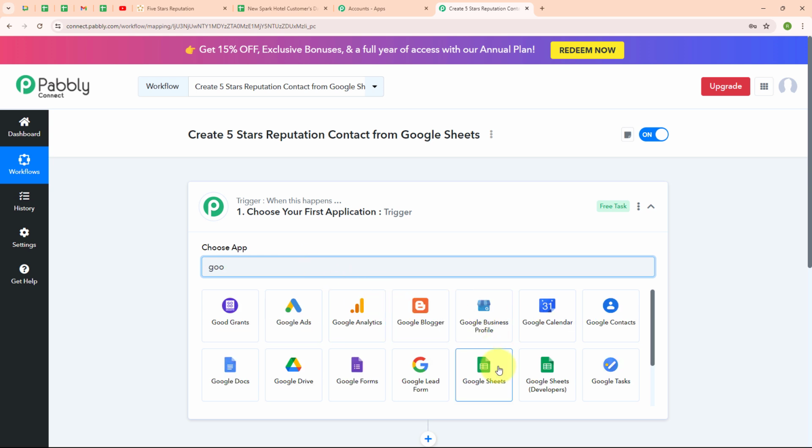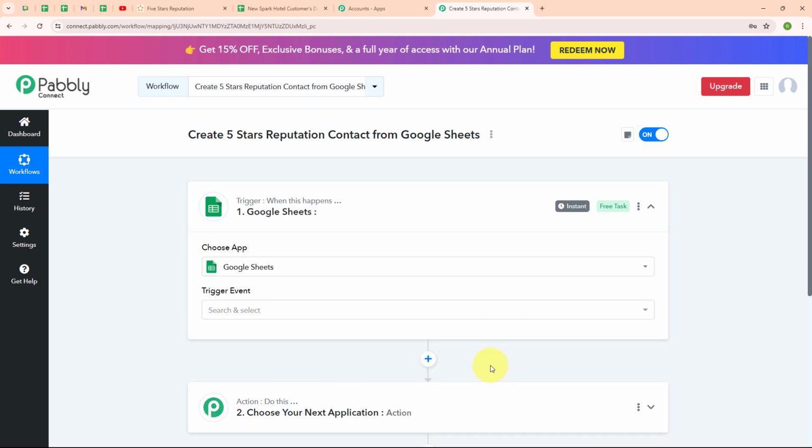So here I'm going to select Google Sheets instead of any other data storing platform because it's easy to access from anywhere and great for working together. It's free, works well with other Google apps, and has lots of helpful features, plus it's super simple to use.